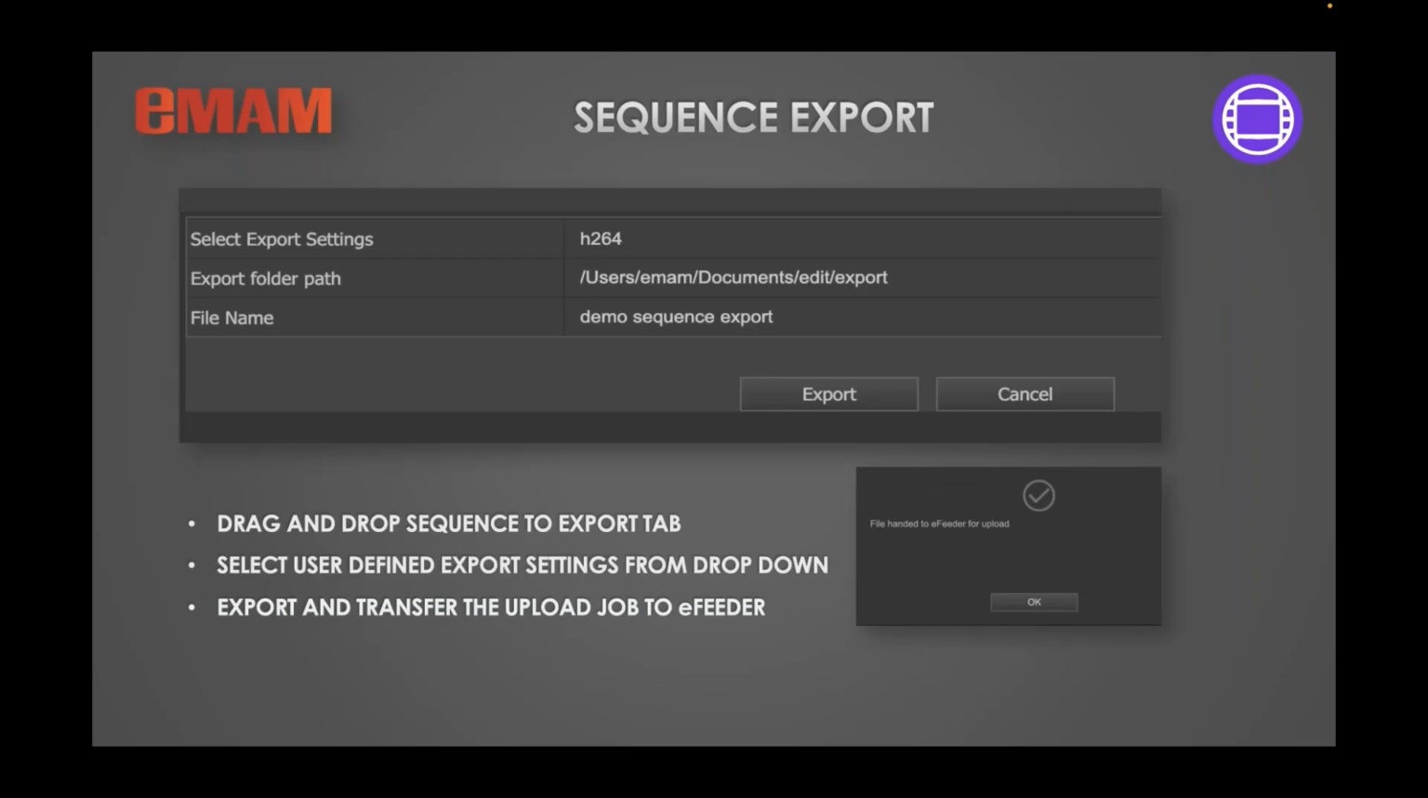Once the editing is completed and the editor wants to upload the final sequence back to eMAM, this can be done by just dragging and dropping the sequence into the export tab. This will give an option to select a set of predefined export settings from a drop down. The user can select any of the predefined settings, modify the sequence name if needed, and click on